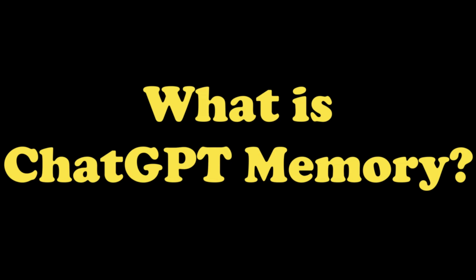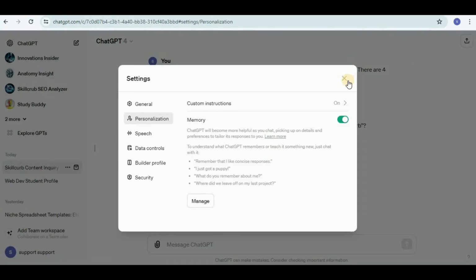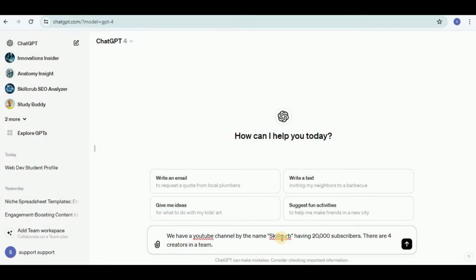ChatGPT has finally released their memory update and they are just starting to roll it out to free and Plus users in small amounts. But what exactly is this memory update? It means that ChatGPT now has the ability to have a memory database of everything that it has learned about you using your conversations. This update is going to be very useful for us because it does it automatically.